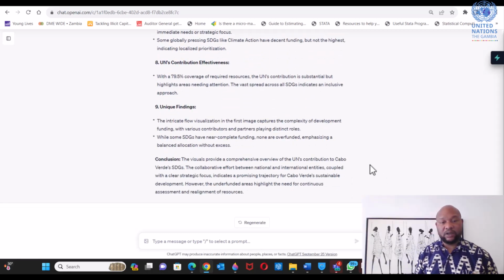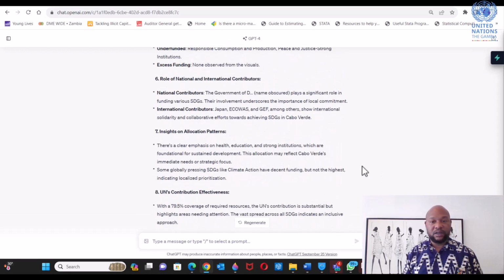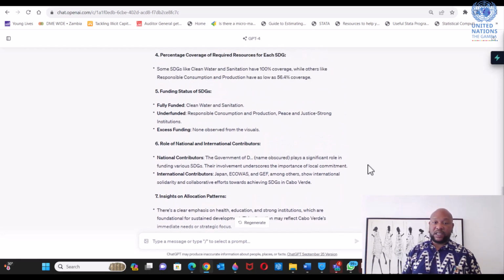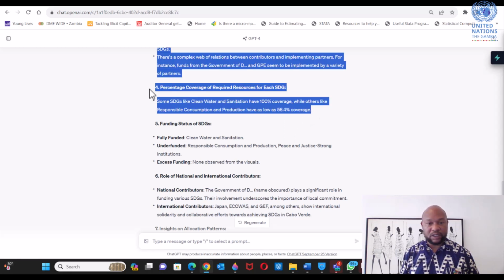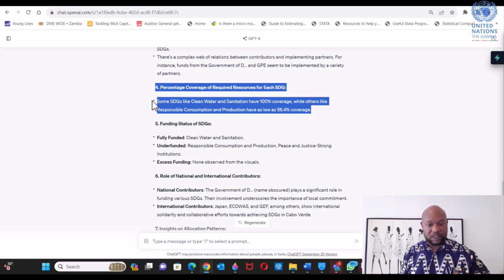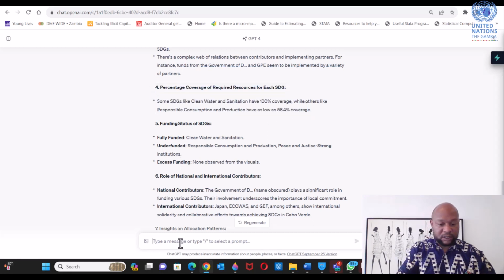So, ladies and gentlemen, here you have it. This is the analysis by ChatGPT. It doesn't end there. Suppose you wanted to find out more about, let's say, here it says percentage coverage of required resources for each SDG. Some SDGs like clean water and sanitation have 100%. And suppose you wanted to know more about this, you could simply copy this and then say to ChatGPT, please,